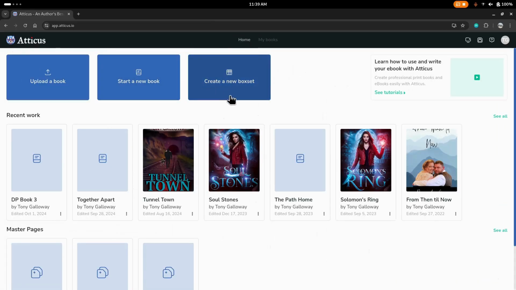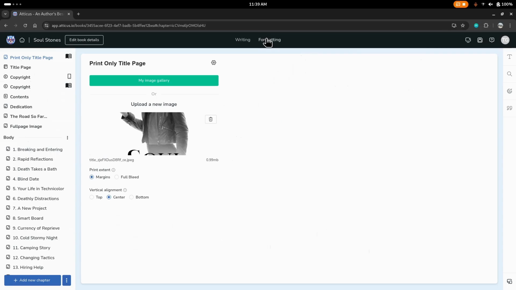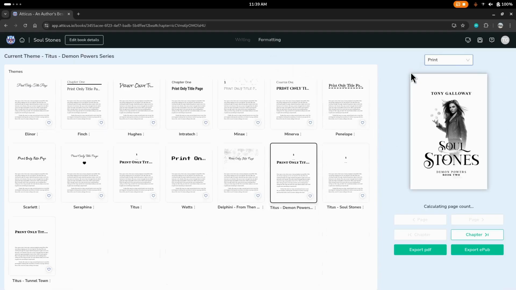Let's head back out and I'll pull up one of my books and show you how that looks. You notice the little icons to the right of some of these. That indicates if they appear in the print book or if they appear in the ebook. If they don't have an icon, then they appear in both. Now let me show you what that looks like in the formatting tab. So you see it says this does not appear in the EPUB edition of the book because it's in print only. So I can actually preview the print book, and there's my full page cover image that's inside my book,